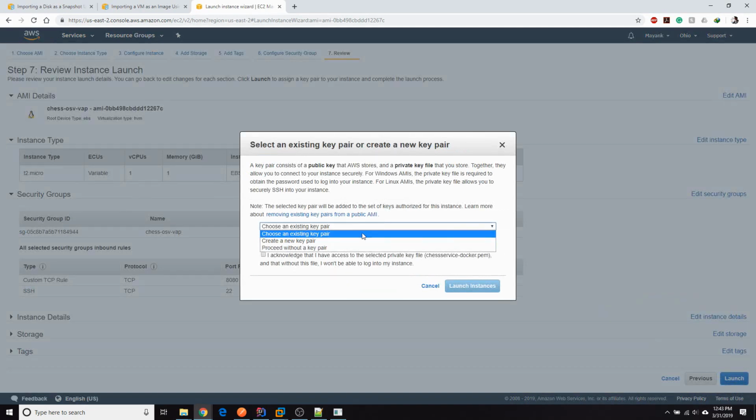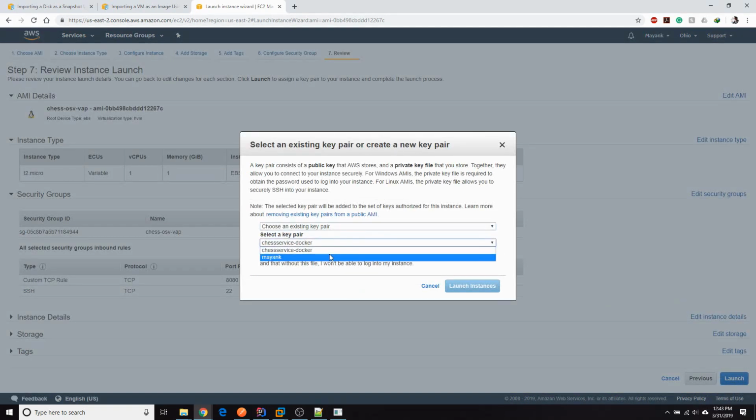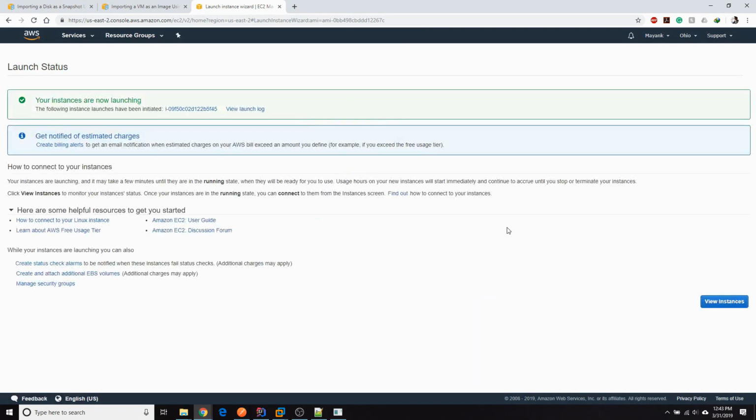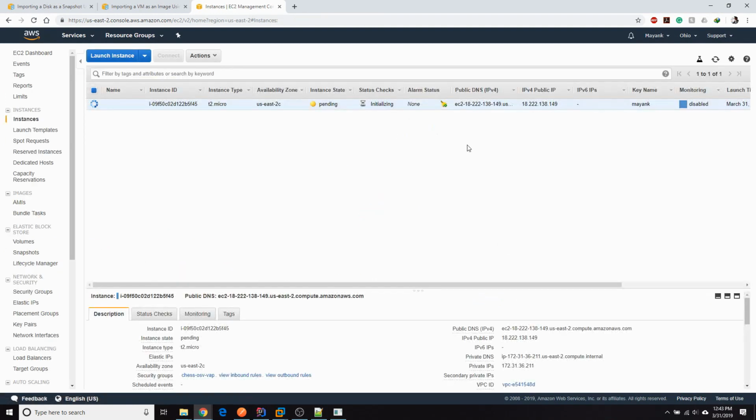So I will use an existing key pair that I already have, although we won't need this. And now let's monitor. So we can see that the instance has been launched,